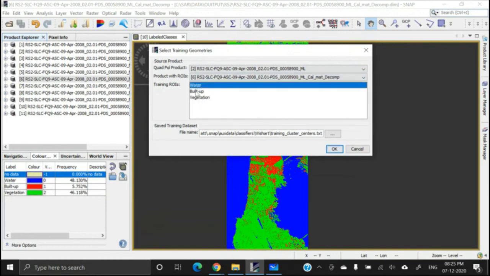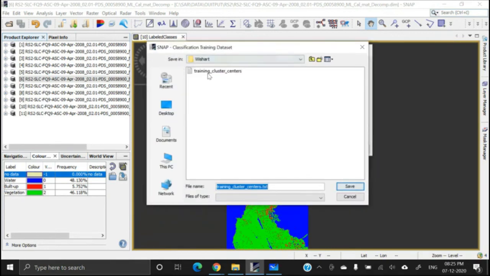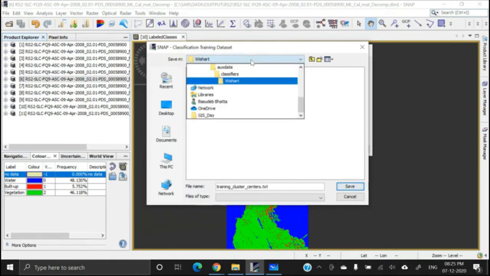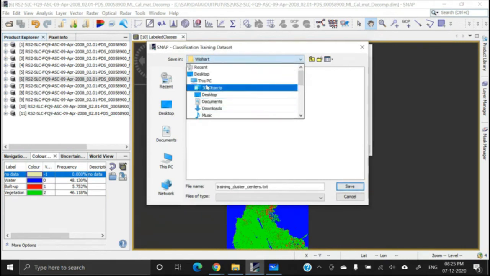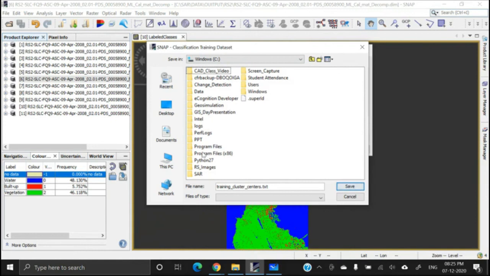And now see. Select the signatures and file name. Here you put a file name. This signatures will be converted into text file. Okay. This is the requirement of the software. So we have to convert these signatures, vector signatures, into text file.